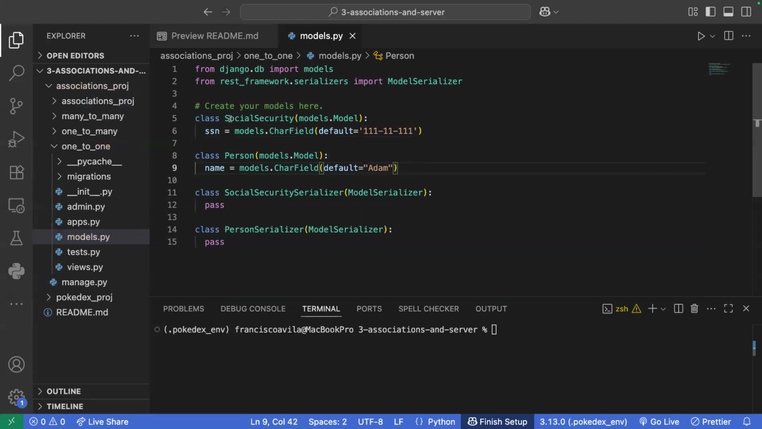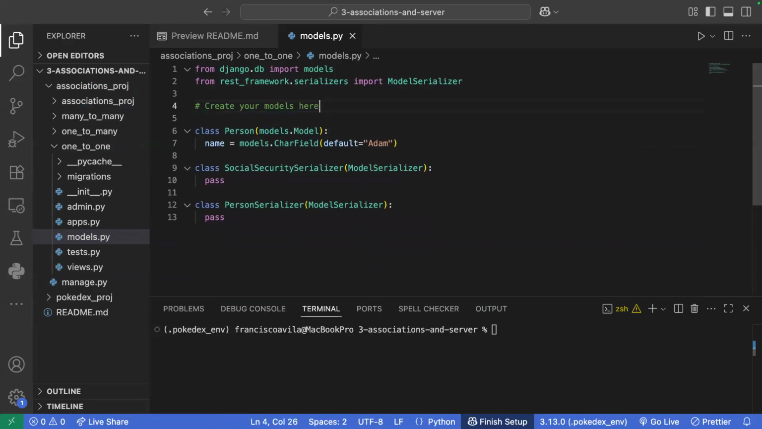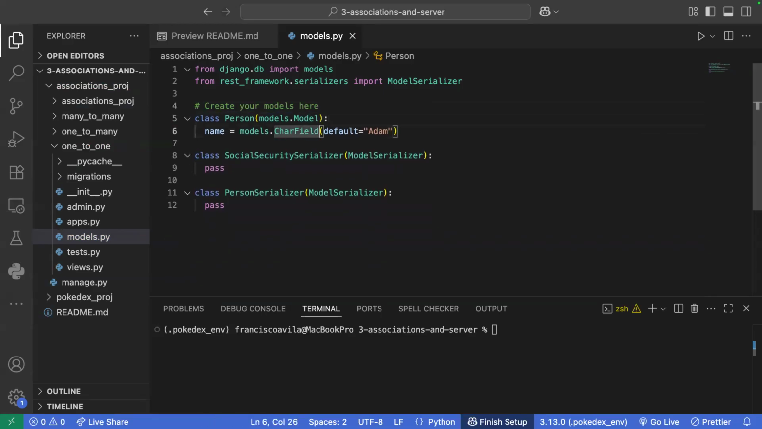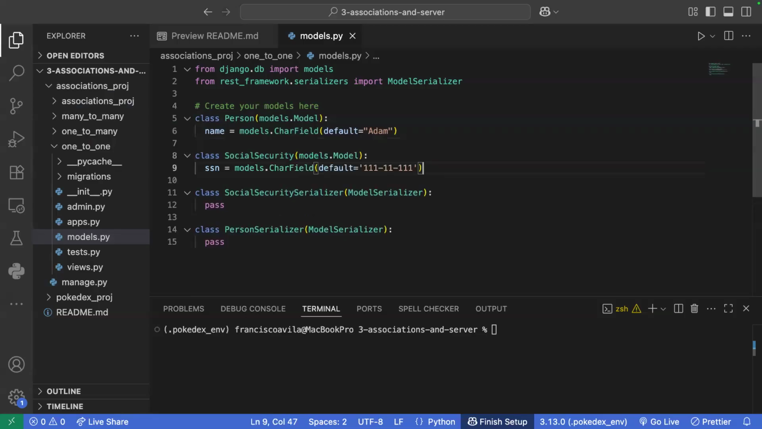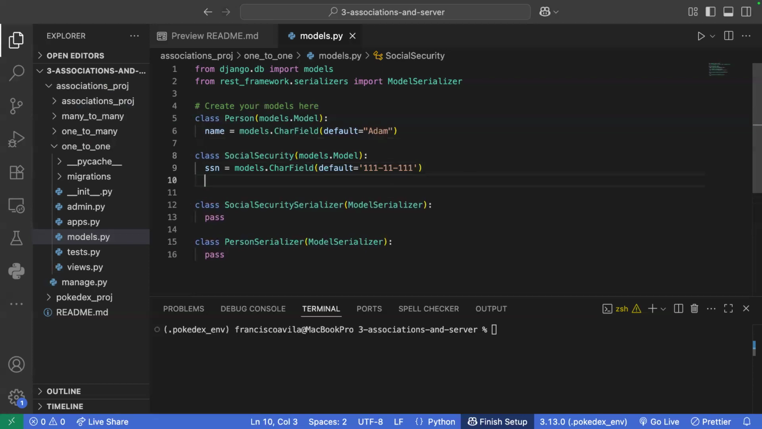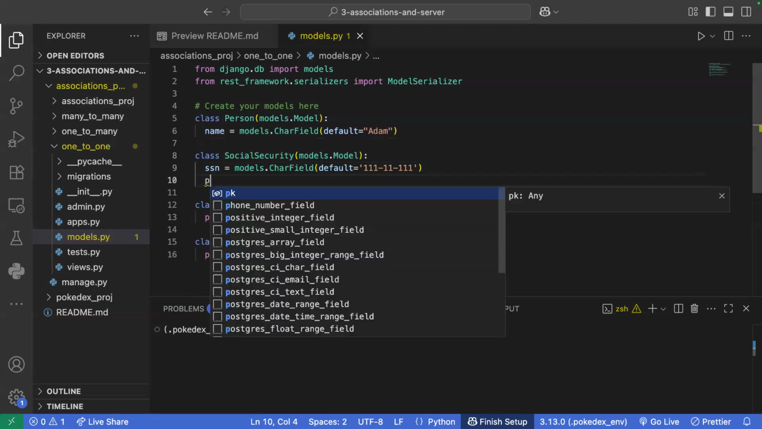Now notice the order in which these are created. If a social security were to be deleted, and I make some sort of relationship here between person and social security, well, then I would have to handle what to do to a person if the social security is deleted. That's not necessarily the behavior that I want. Instead, I would want my person to be created and the connection to be happening at the social security level. So now I can say person,